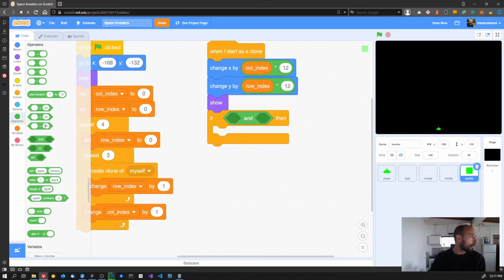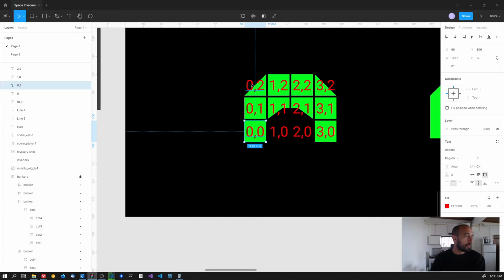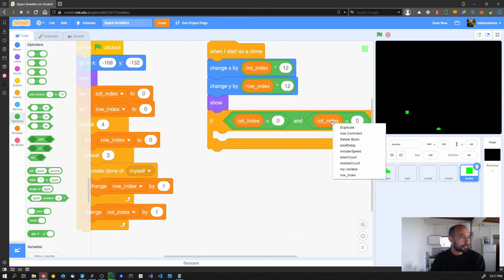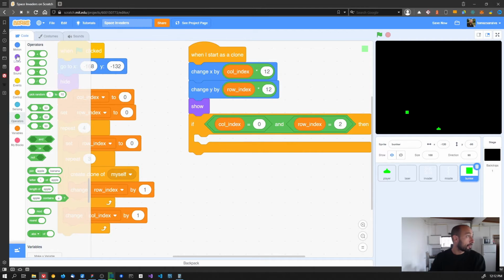So if the call index is equal to, and we are dealing with this one, so if the call index is equal to 0, and the row index is equal to number 2, which is this one,